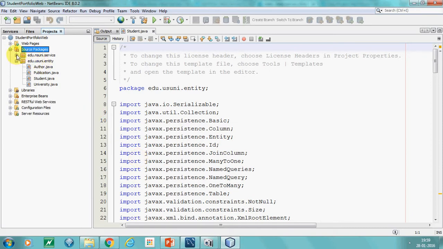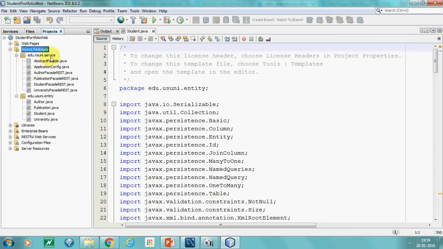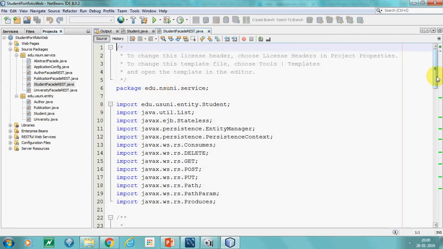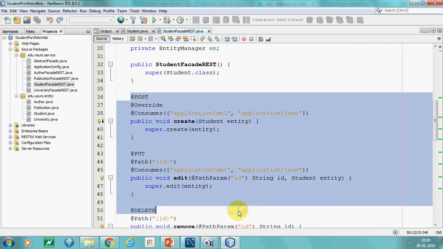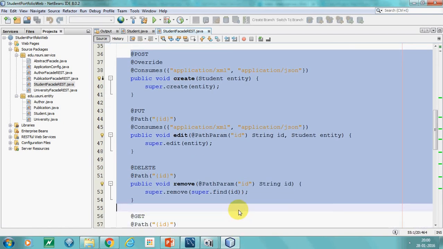Yes, you can see it's done. If you come back to the project, under source packages, expand the service package, and you'll find your university facade REST, student facade REST, publication, author. These are the 4 service classes. Normally, suppose this is the student REST web service class, which has various Java methods which allow the CRUD operations on the student resource.